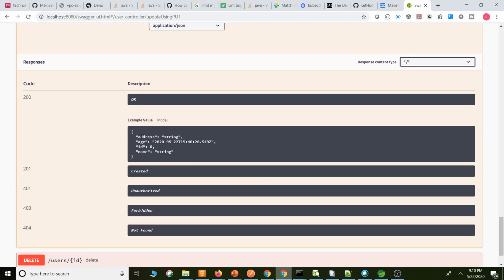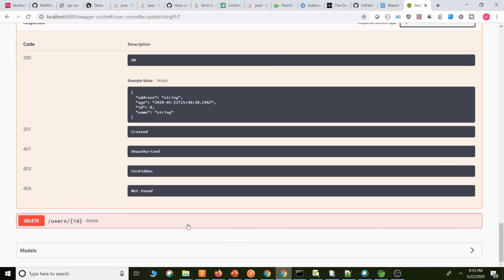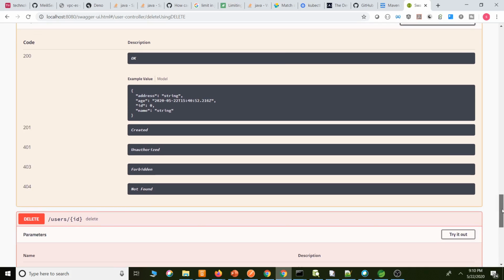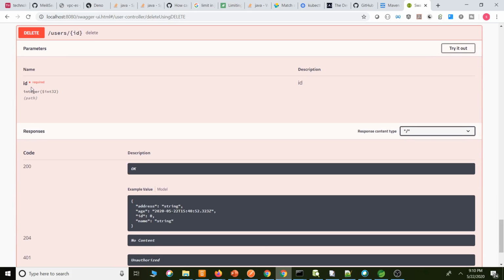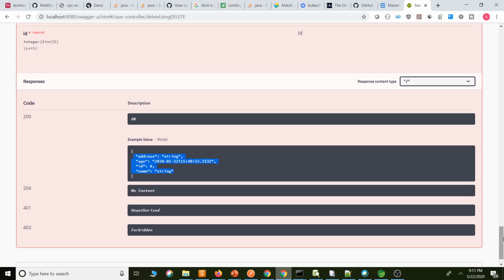The response we will get is the user model. For delete also, ID is mandatory, and the response will be the deleted user. We get 204 and 404 error codes.